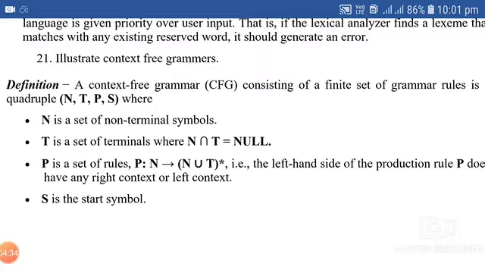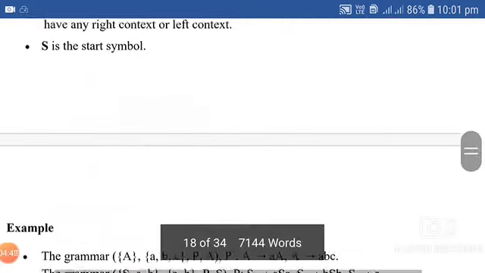P is a set of rules, P: N gives (N union T) star, that is, the left-hand side of the production rule. P does not have any right context or left context, and S is the start symbol.